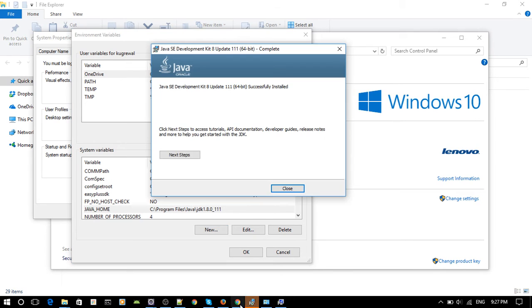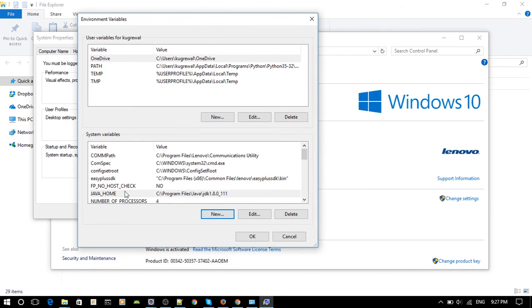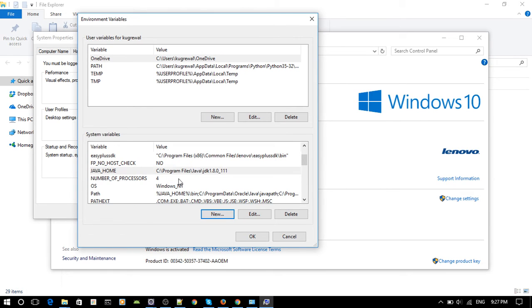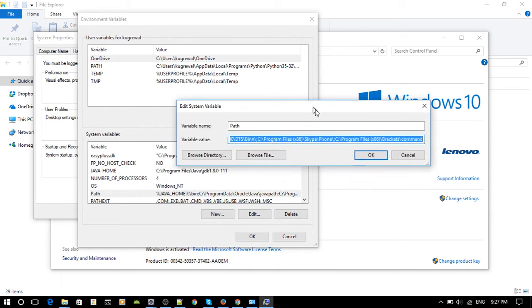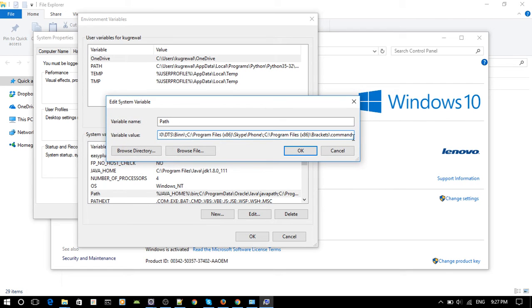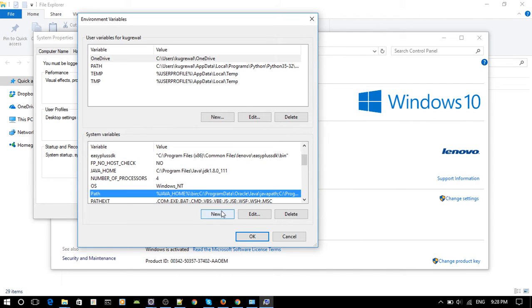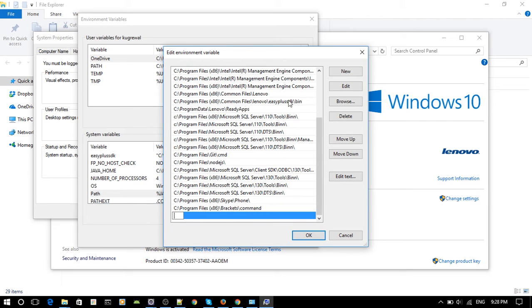So let's check the status of our JDK. So I think it's installed successfully. Just close it. And now the next thing, once we put JAVA_HOME, we want to change the path as well, because for us to run our programs successfully, your path needs to be set with the proper JDK. So as you can see in system variables, you have Path. So just double click on this. You may not see this view on your PC. You probably see something like this, but again it's the same thing. All you want to do is, even if you have something like this, you want to add a new variable,